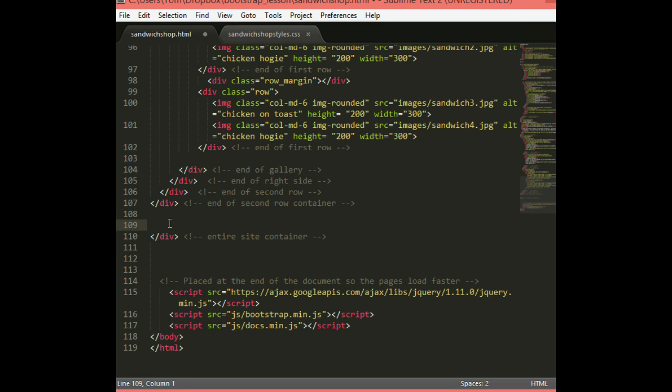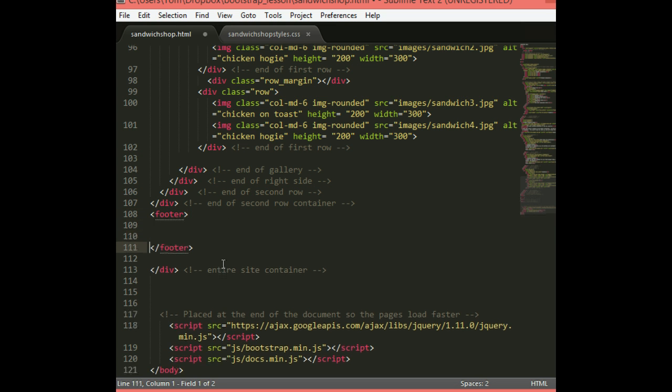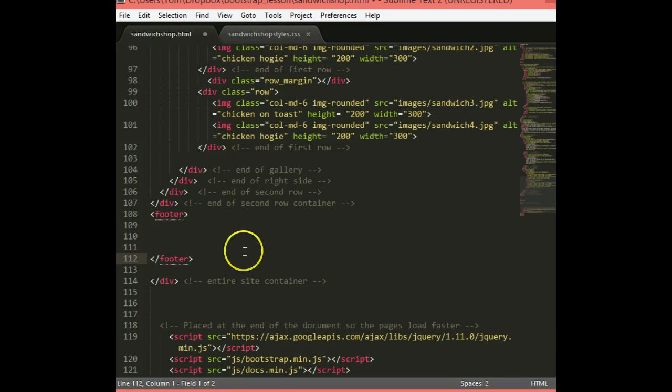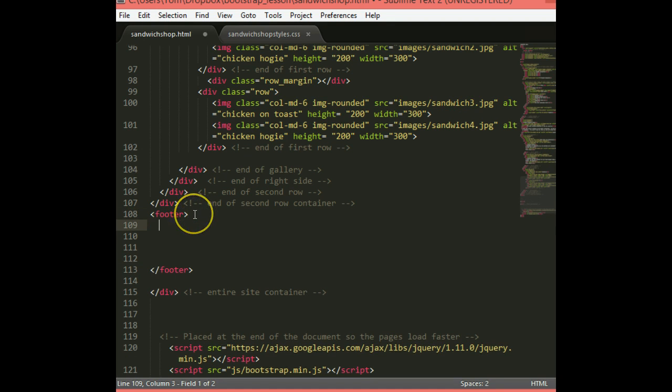Okay, so between the end of the second row and the end of the entire site container, we're going to go ahead and add a footer. So let's go ahead and put in footer, then tab. Excellent. All right, so we have a footer. Okay, and then we're going to go ahead and create a row. So we'll do div dot row,